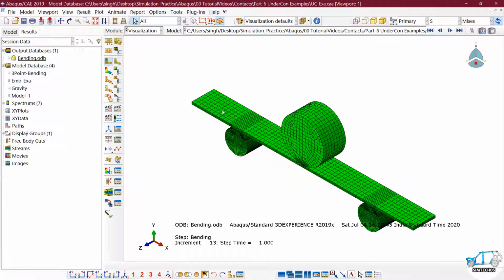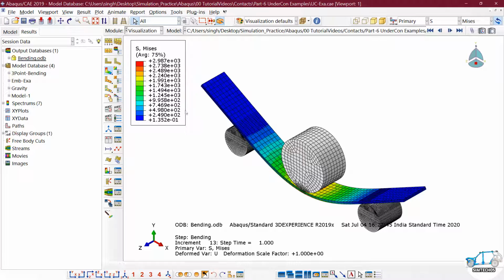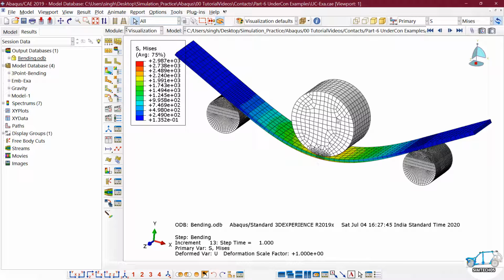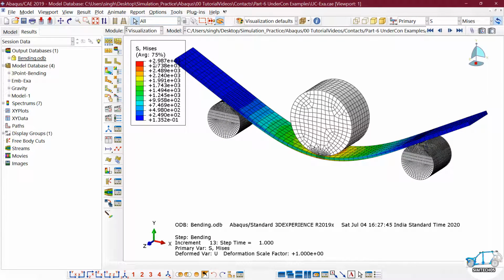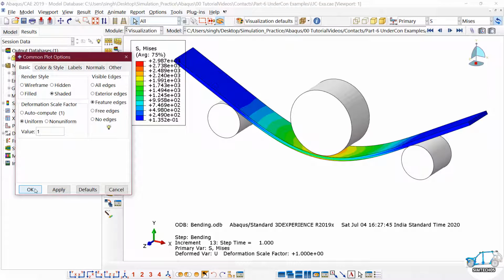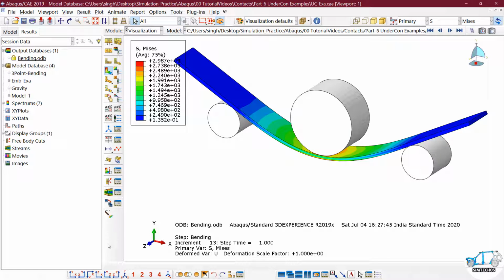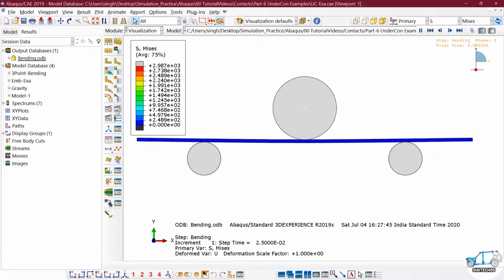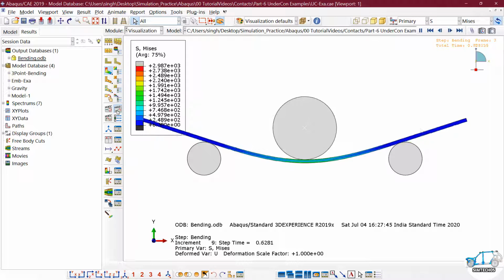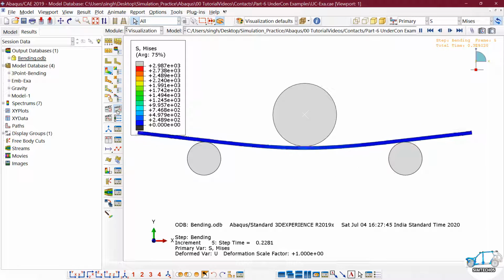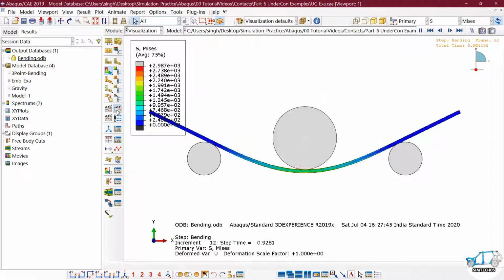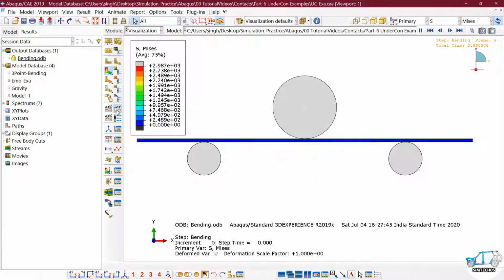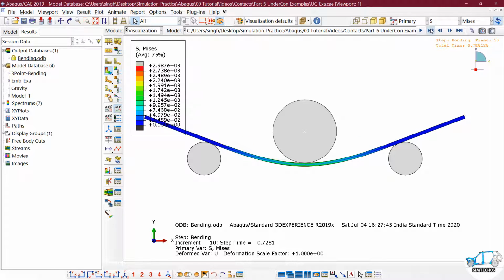Click on Results and now go with the contour options. So now we can see, and let me hide the meshing also. Just go with feature edges. And very beautifully the software manages all the relationships. And now click on play the simulation. So in this way you can make an under-constrained problem fully constrained. So just pause this simulation.